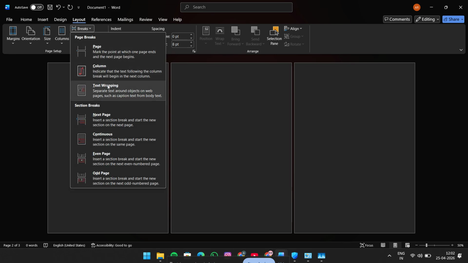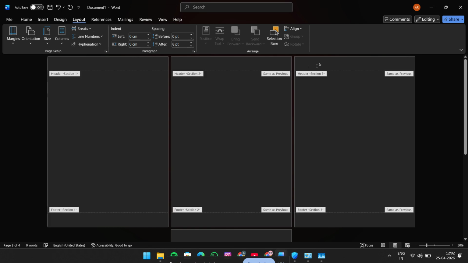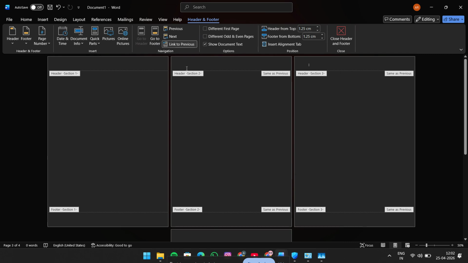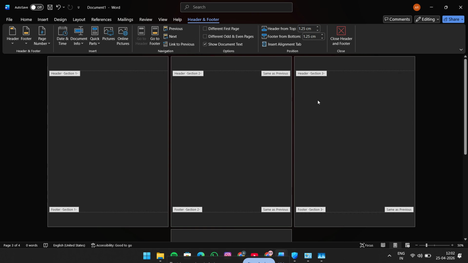Double-click inside the header area of the page where you want the watermark. This opens the header and footer tools at the top of Word. In that ribbon, look for Link to Previous. If it is turned on, click it to deselect it. This breaks the connection between the current section and the previous one, which means the watermark won't automatically copy over